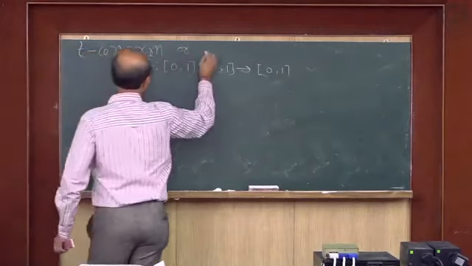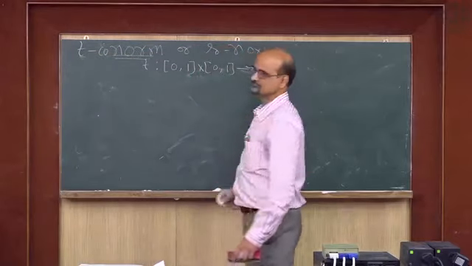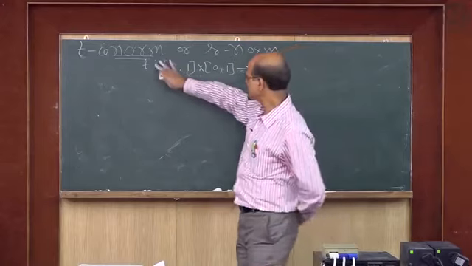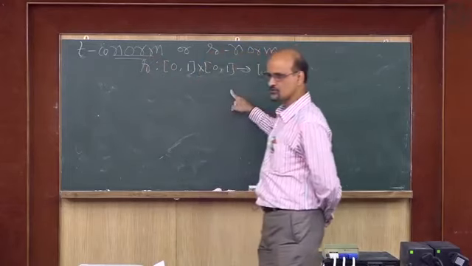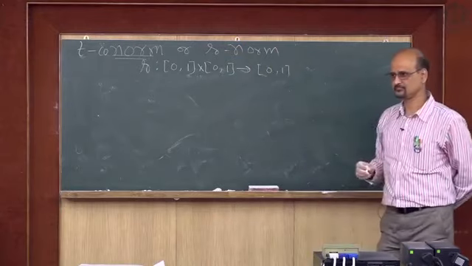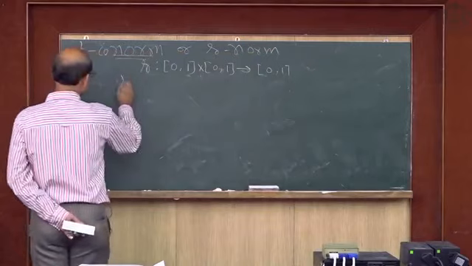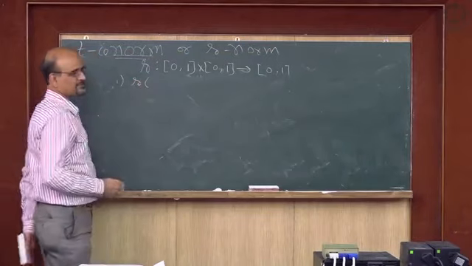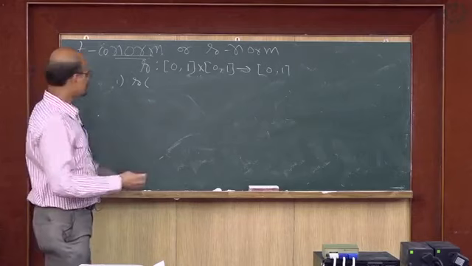T-conorm or S-norm. Okay? It is again a mapping from [0,1] cross [0,1] to [0,1]. Again we have 4 conditions. What are those? Remember this S is the type of union. So, S of